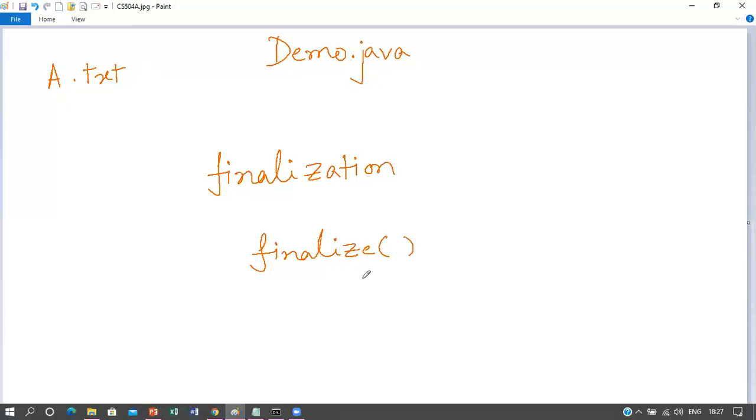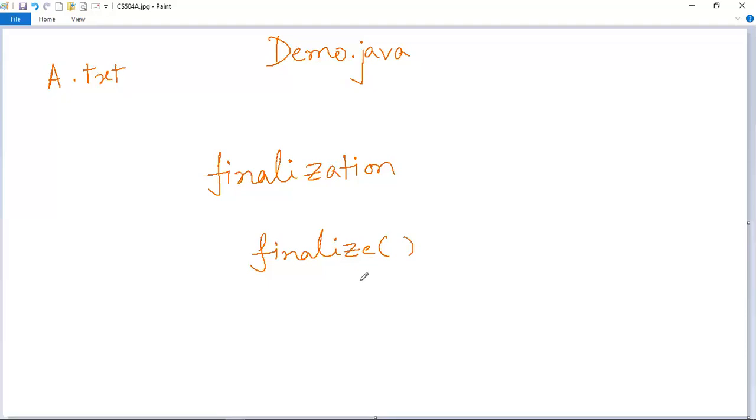If you don't, then this text file will also get deleted along with the memory deleted by the JVM. So whatever actions you need to perform before an object gets deleted, you have to write inside this finalize method. Now let me explain how the JVM performs the finalization process or the garbage collection process.